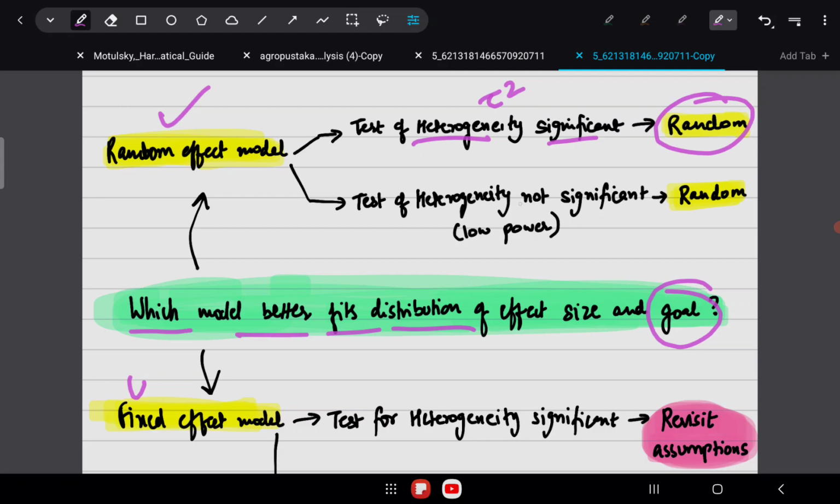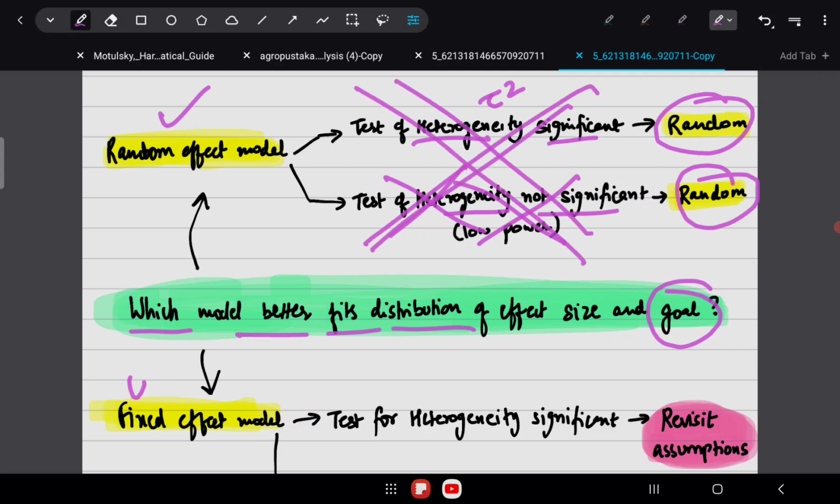Let's say the test for heterogeneity does not come significant. Should it mean we should switch over to fixed effect modeling? No. As I've told you before, the test for heterogeneity is not reliable. It has low power and it can come false negative also. So this test is not reliable. Even if it is negative, you cannot assume that there is no heterogeneity. You can see yourself the studies are functionally different, right? So don't look at this. Still you have to continue with random effect modeling. So basically the test for heterogeneity is not important, right? That is the point. The test for heterogeneity is not important whilst deciding which modeling to perform.